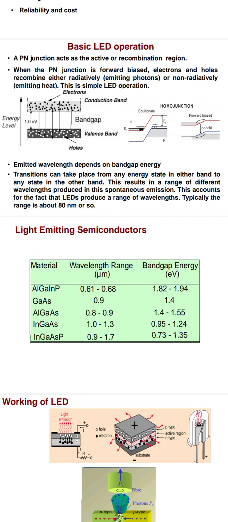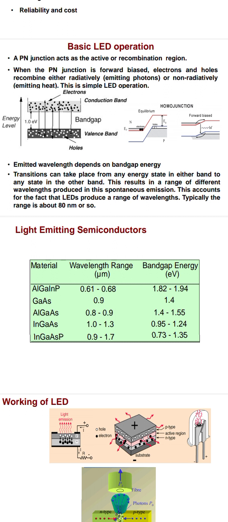Now, a PN junction LED is made from a simple PN junction diode. It is the combination with the active region. This PN junction is under forward bias, with electrons and holes as the main charge carriers of the diode, which emits photons and heat energy. This is how the LED operates. For the energy levels, we have to find the conduction band and the valence band. Then there are two different parts, electrons and holes.